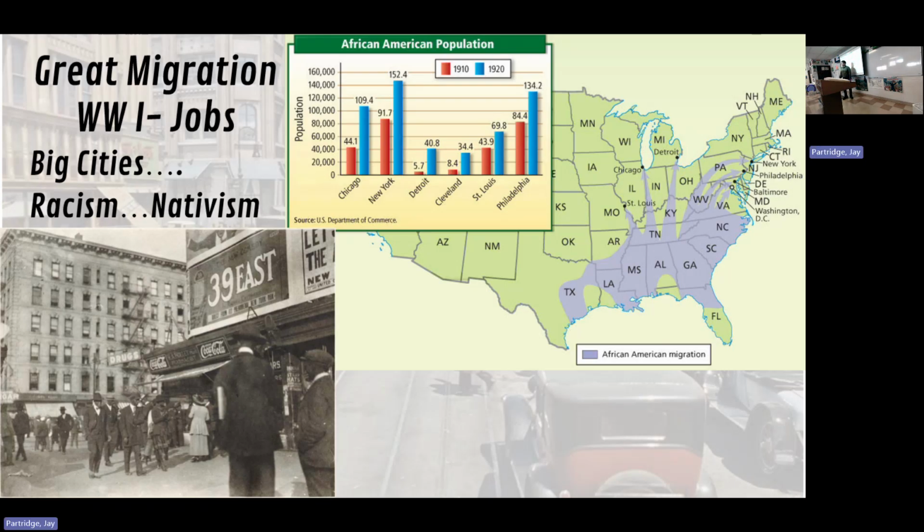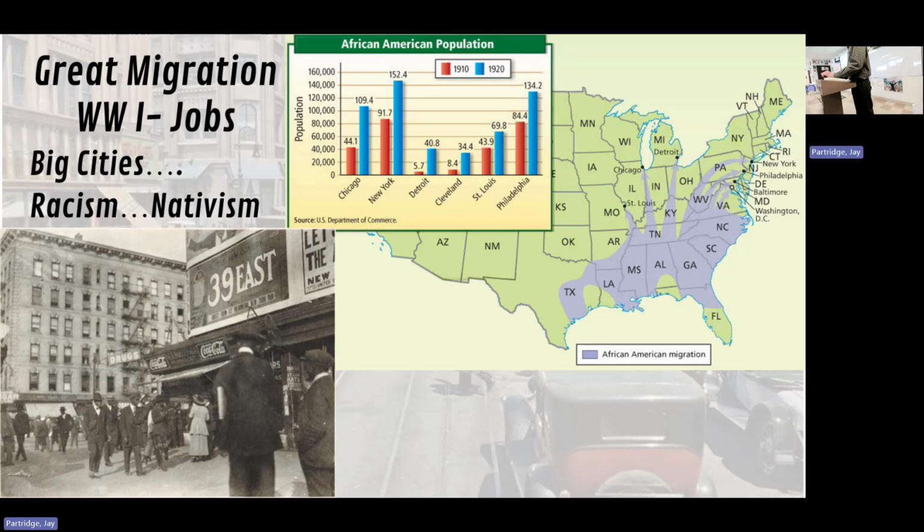Chicago, New York City, but almost always big city. And that's Chicago right there. But this was the most racist time in American history. And this reaction to people coming in, internal migration, is going to trigger a wave of racism that will be very closely tied to nativism. And nativism was very closely tied to the Red Scare. Remember I told you they kicked them out of the country? These foreign instigators.